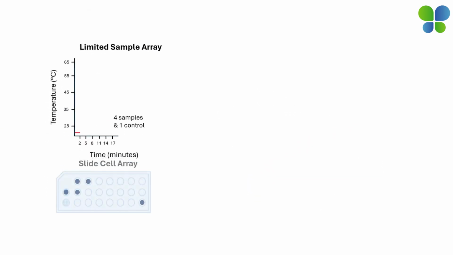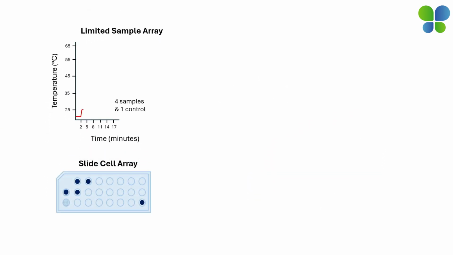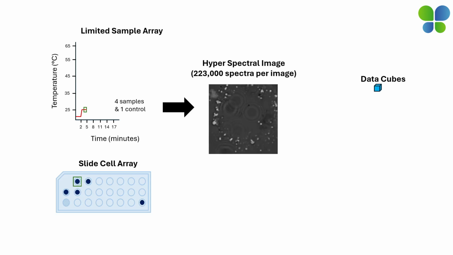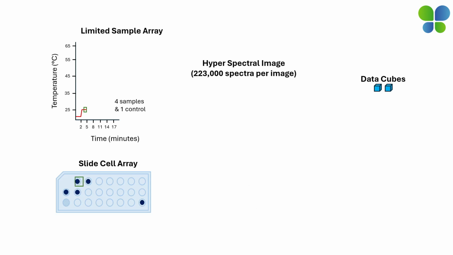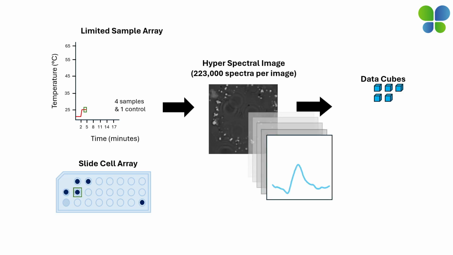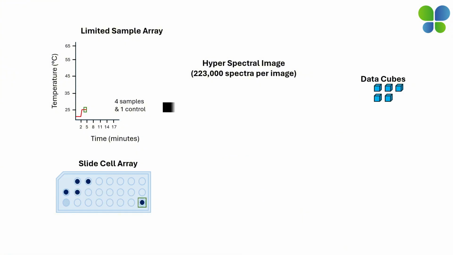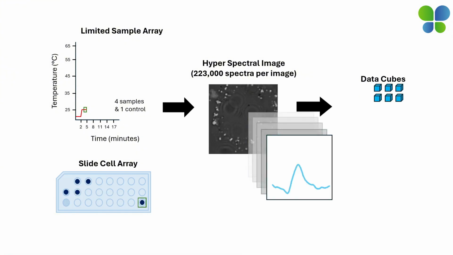The following workflow simulates a design of experiment examining 4 samples against a control, while subjecting it to a thermal ramp starting at 25 to 65 degrees Celsius and collecting hyperspectral images every 10 degrees within the 1,800 to 1,000 wavenumber spectral region. Each of the resulting hyperspectral images is comprised of 223,000 spectra, and is the reason why the signal-to-noise ratio is